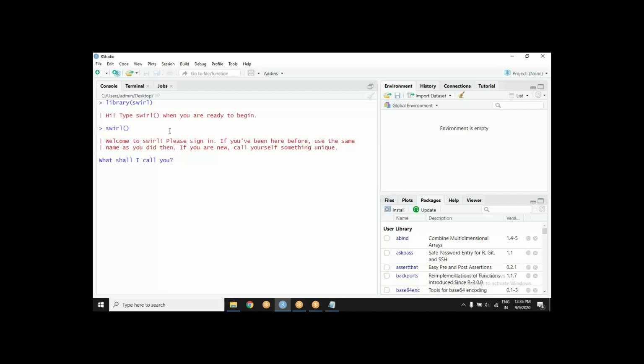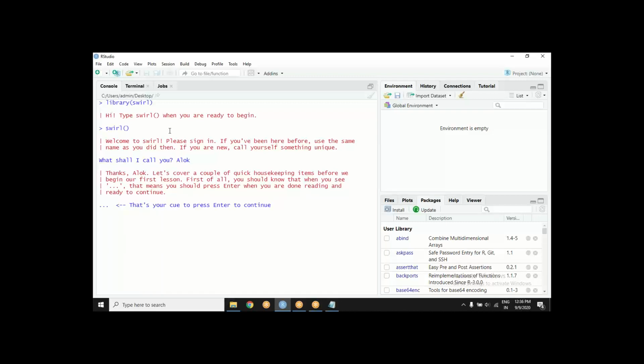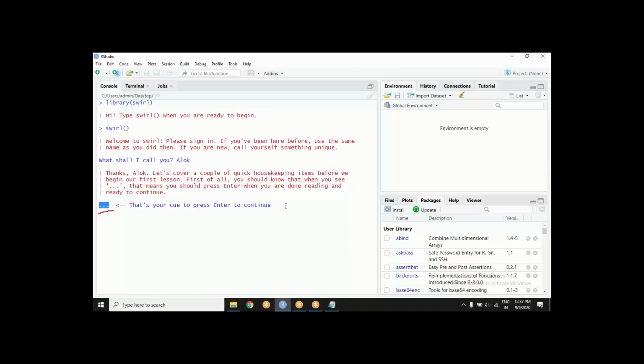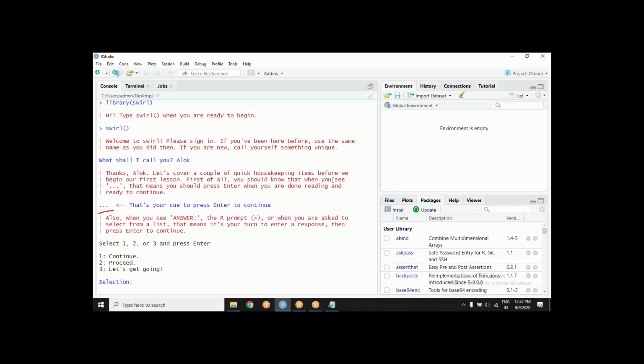It's asking, what shall I call you? So let's go ahead. Then it tells you some hints. It guides you with proper instructions on what you are supposed to do and when. When there are these three dots, that means you should press enter for further instructions. You should read things. So let's press enter.